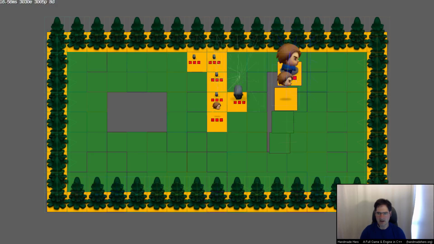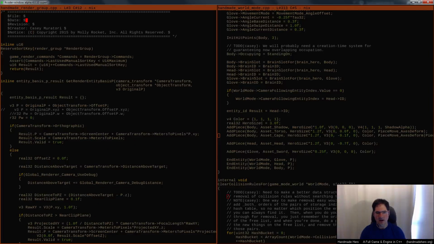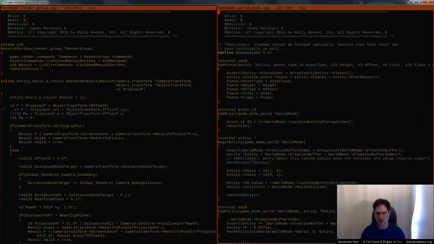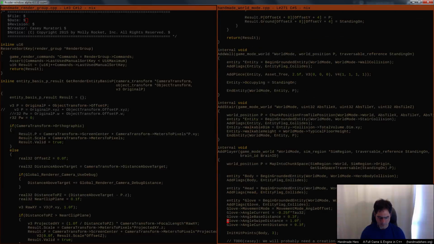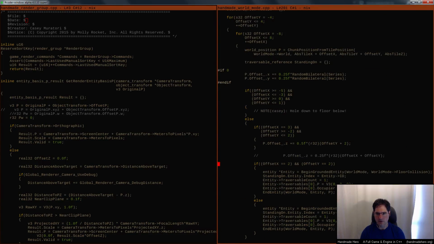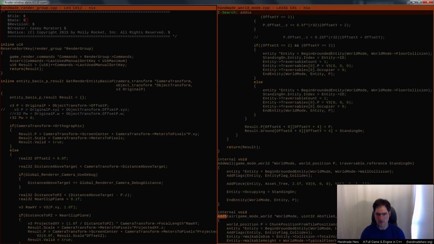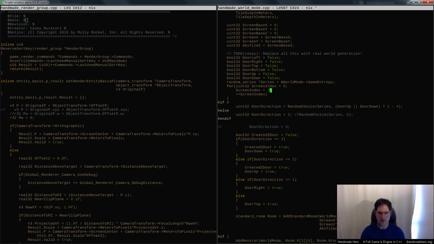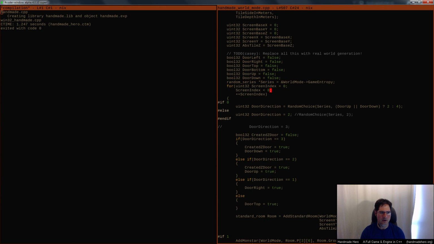Let's go ahead and crank back up the room count and start to look at some of the other bugs again, because that just seems like a good idea. You know what I'm saying? So add standard room. Let's take a look. Add standard, no room. Like, how many rooms? I don't know. Maybe 4 is fine, let's say.